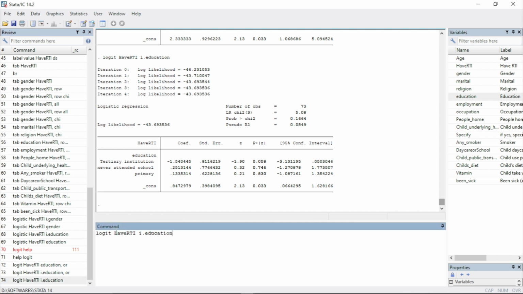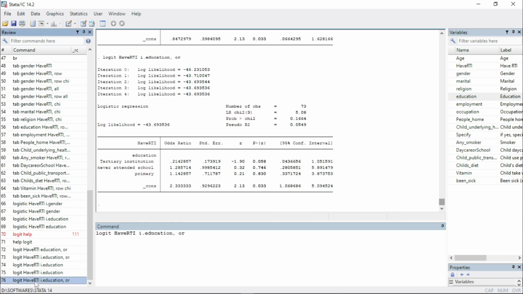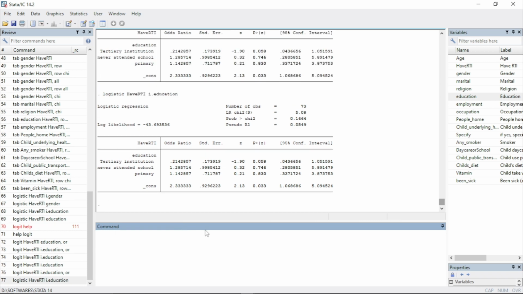So the option for the dependent variable, then having i. before the independent variable, remains constant for both logit and logistic. But if you use logit and run logit only, you will not be able to have odds ratio. You'll have coefficients only. But if you want odds ratio, then you need to add comma OR, and then it will report the odds ratio for you. Alternatively, you can have logistic, and then dependent, independent, and remove this OR, and it will give you the same output. So that is another version in there. I'd run logistic regression for all these